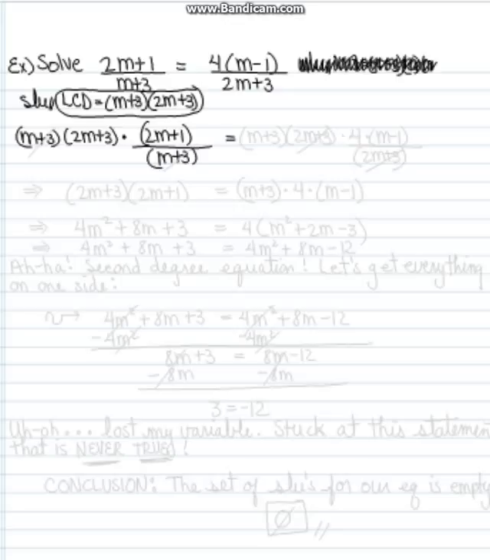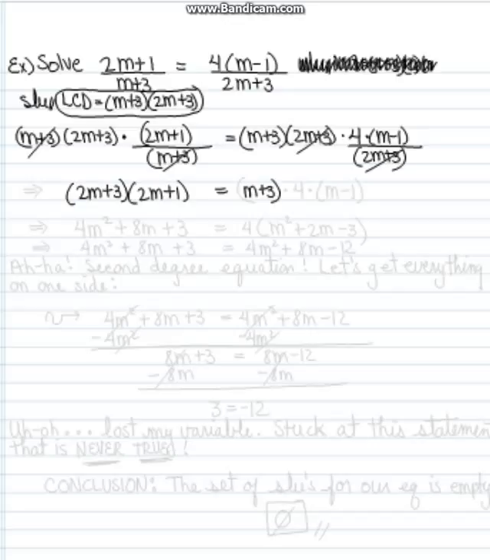Remember, what's going to happen is that all of our fractions will disappear when we simplify the multiplication of the fractions. So we cancel common factors on the top and bottom and see what's left. (2m + 3)(2m + 1) equals, on the other side, (m + 3) times 4(m - 1). Now we'll get rid of the parentheses, and we'll have to FOIL the left side,